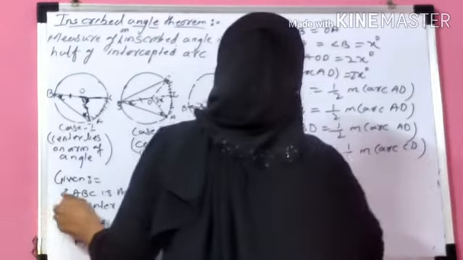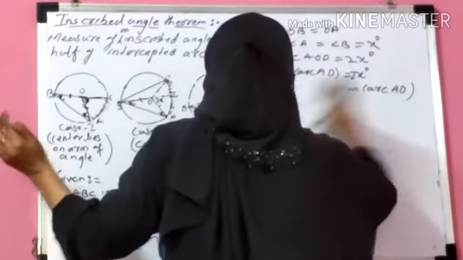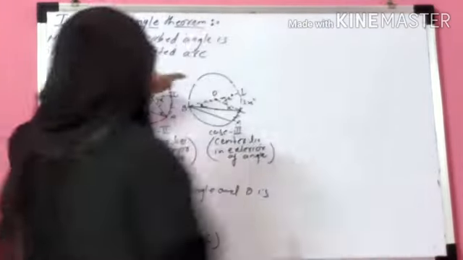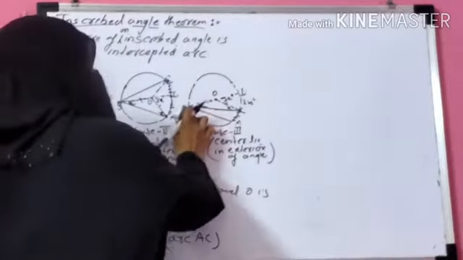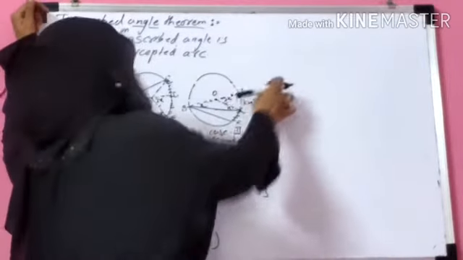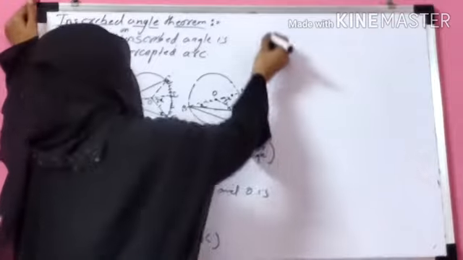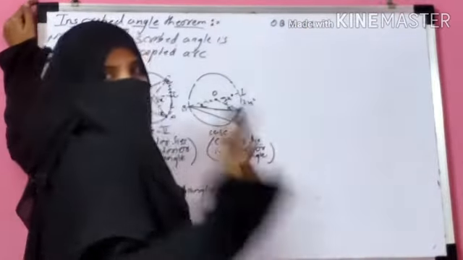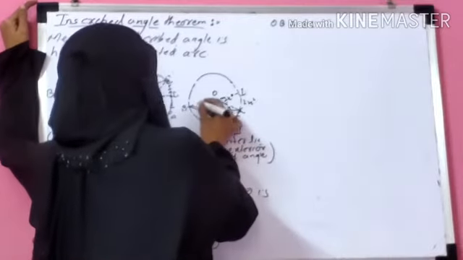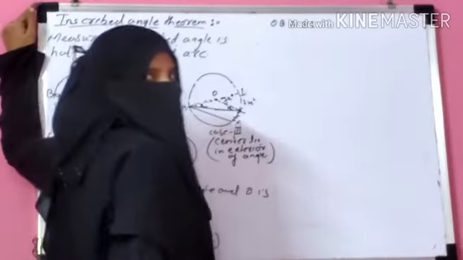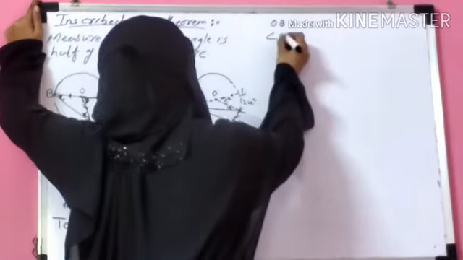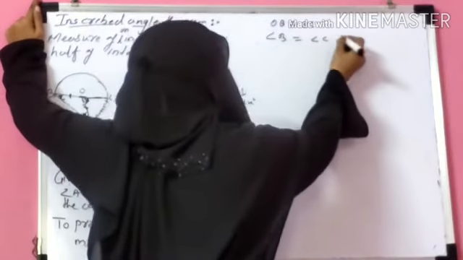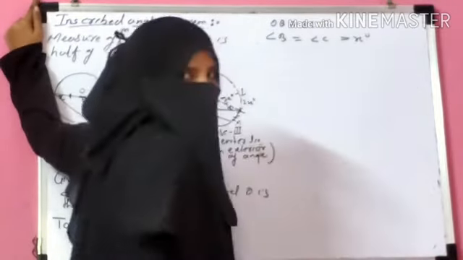Now third case is, in third case the construction is, again we have drawn here the diameter BD and then join OC. Now here again OB is equal to OC, radius of same circle. So due to that the base angles are equal, that means angles in between the equal sides. So angle B is equal to angle C. I suppose this angle as x degrees.